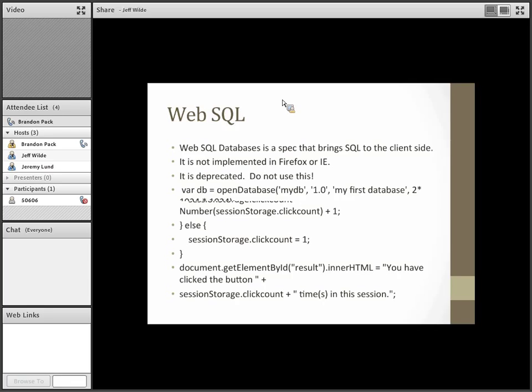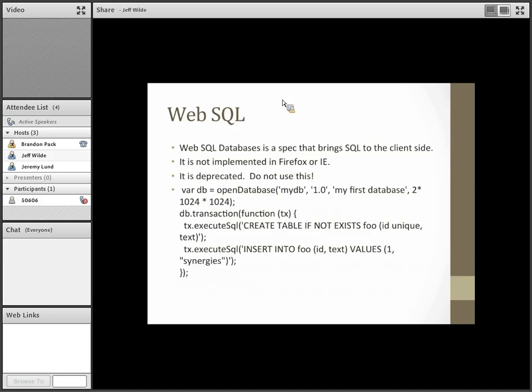There also are other things. Another implementation is WebSQL. It's the open source relational database that's built into some of the browsers. It gives you a full relational database right in the browser. You can create tables, query them, join them, and persist them. Firefox never implemented it, and it's actually been deprecated. Chrome will still support it, Safari will still support it,